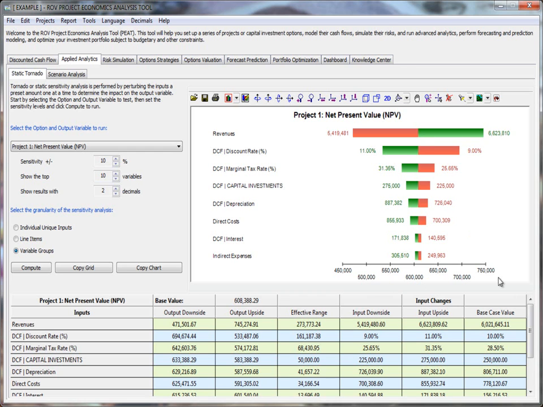The x-axis in this case is my net present value. So NPV base case was 608, so you see it crosses at approximately $608,000. So whatever you choose as KPI from the drop list is on your x-axis. The individual bars, individual rows are your individual inputs, in this case revenues, discount rate, marginal tax rate, and so